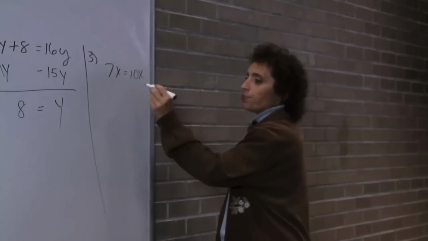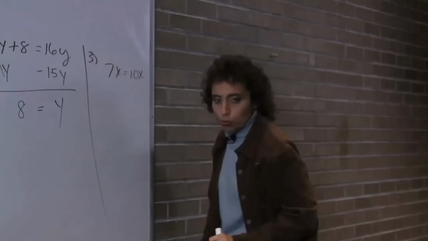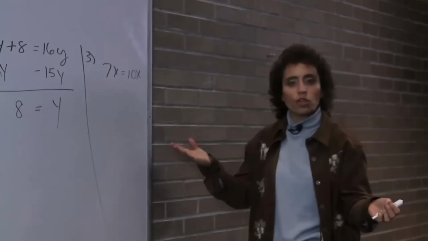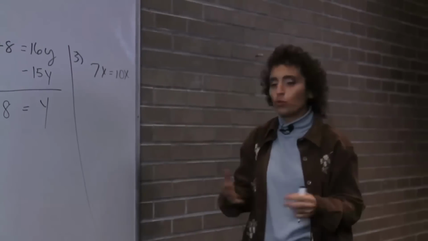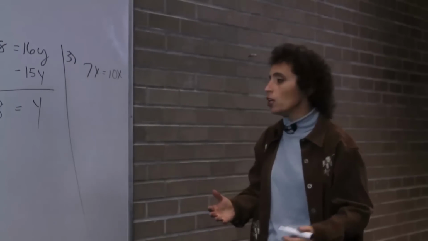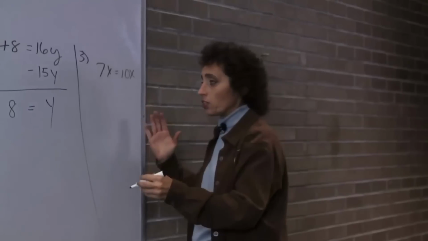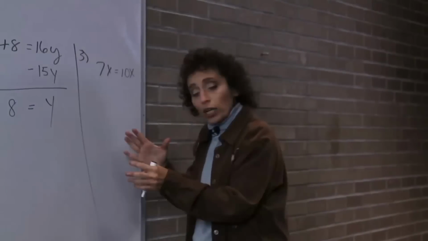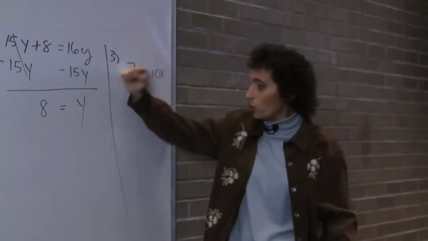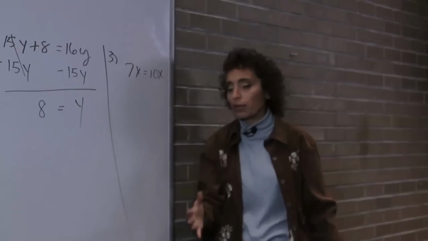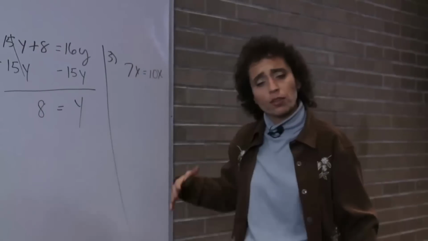Well, here we go. In order to do this problem, we have to have all the variables on one side and all the numbers on the other. We don't have the variables on one side. They're on opposite sides. I know a lot of you want to divide here because you see things attached by multiplication. That's not right. Okay? So you have to get rid of the x's. Doesn't matter which side I get the x's on. I like to move, if I have a choice, it doesn't matter if I move this x here or this x here because they all have friends. They're also all alone, but I have to move somebody because the variables have to be on one side, numbers have to be on the other.